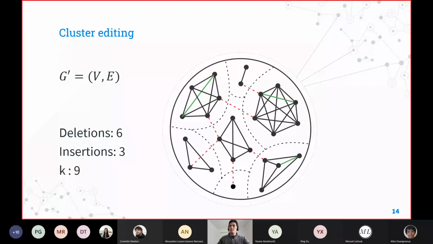Each particular clique will represent those genes that are in charge of the same function in an organism. Where k, in this case, after solving this algorithm, we would find that we had to delete 6 edges and insert 3 more, which was the minimum number of changes.